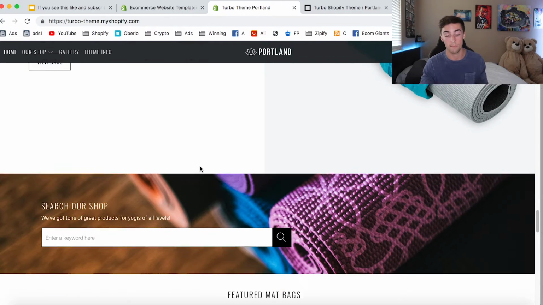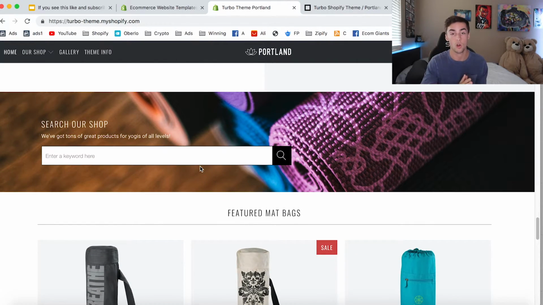This is really, really amazing because Turbo gives you so many different options to use, to work with, to add to your store. You know, every other theme only gives you a certain amount of things you can edit and add to your theme or your store, like collections, slideshows, image with text, featured image, testimonials, that kind of stuff. Turbo has all of it and it's absolutely wonderful.